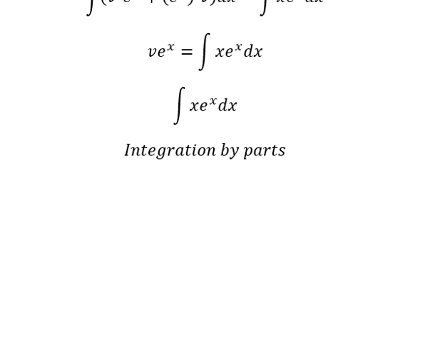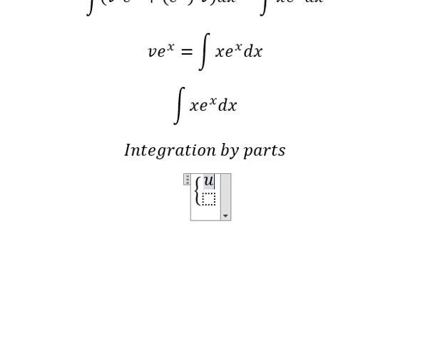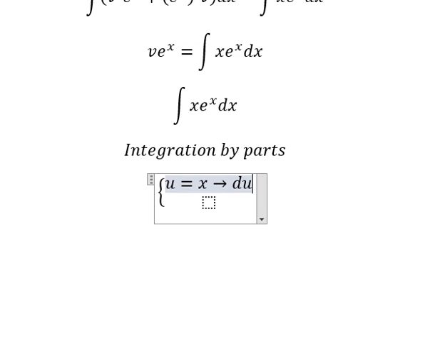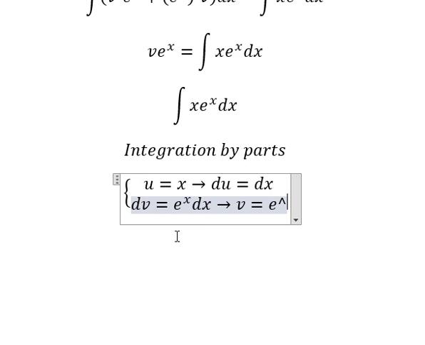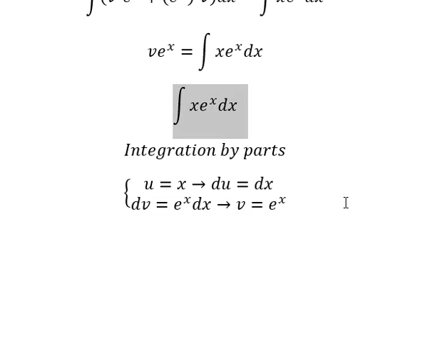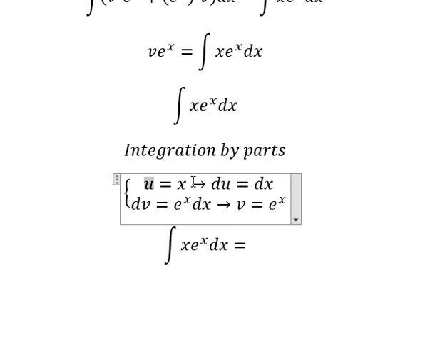So I will put u equal to s. So we take the first derivative of both sides, and we have it like this. dv is e to the power of s ds. The integration of this one, we have v equals e to the power of s. So in this situation, we have u multiplied by v, so we have s multiplied by e to the power of s,